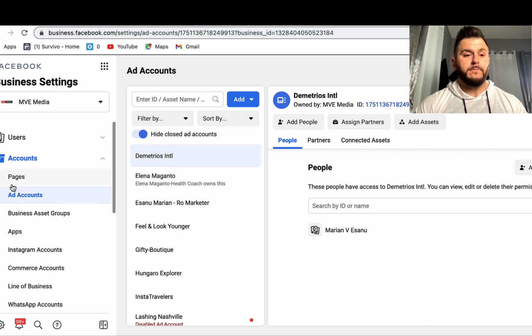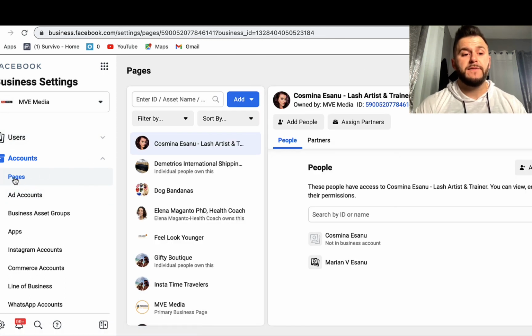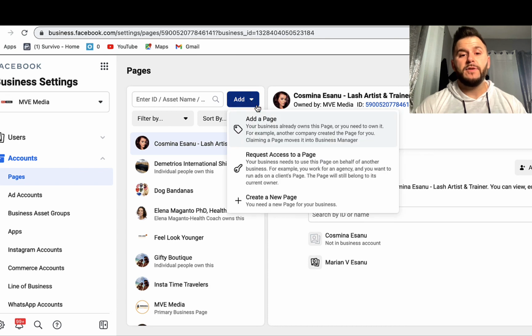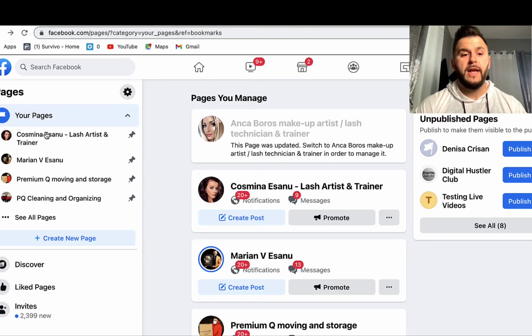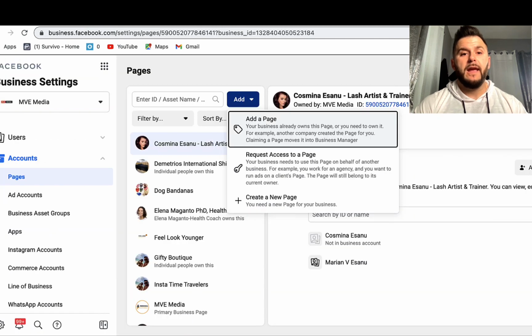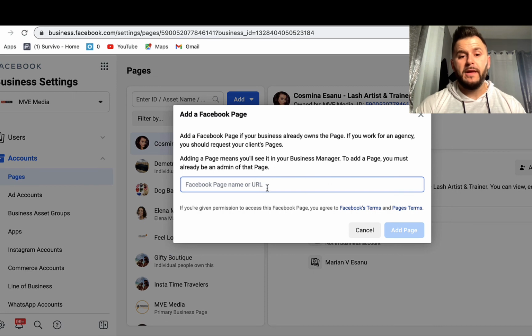So the reason that you want to go here, you first need to claim a few assets that are part of your Facebook ad. So first things first, you have to go to pages, and you have to either add a page if you own it. So for example, if I created the page myself right here, and then I go here and click pages, I would go add a page because it's my page, and if I would add it, it would be